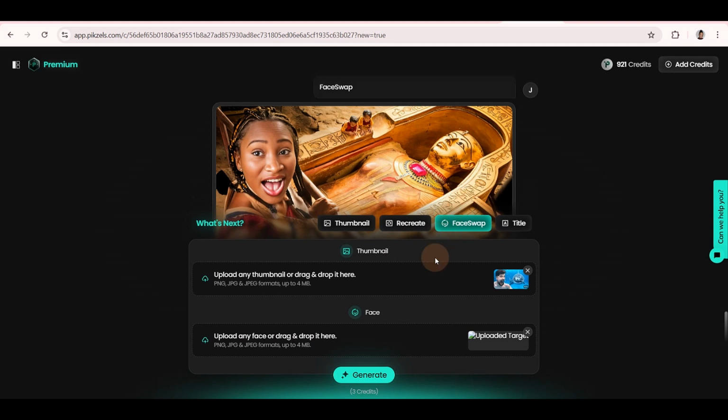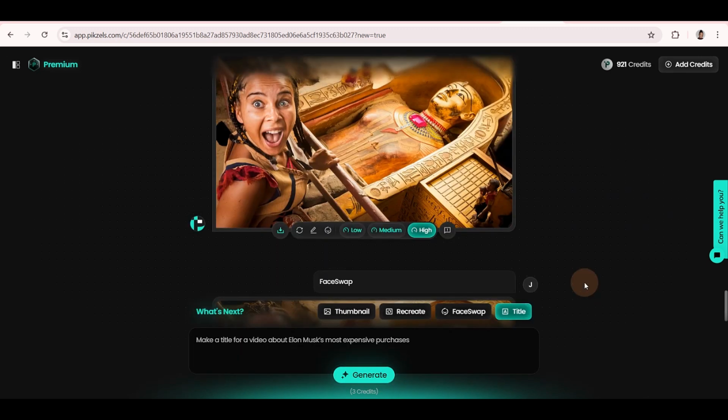And face swap is for directly just changing the face. So if I want the exact same thumbnail but just a facial difference, you can go directly to face swap, upload the thumbnail picture, and upload the image of yourself or the person's face you want to swap, and then you generate. And you can make changes to an already generated image by clicking on redo